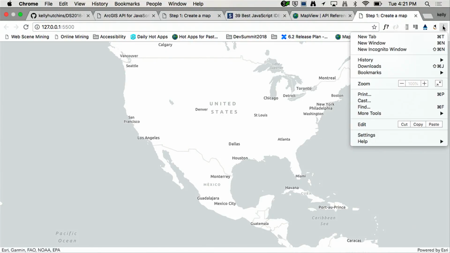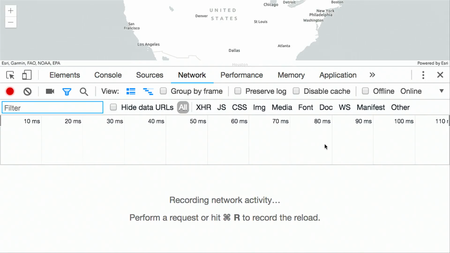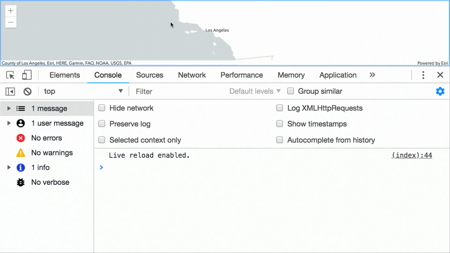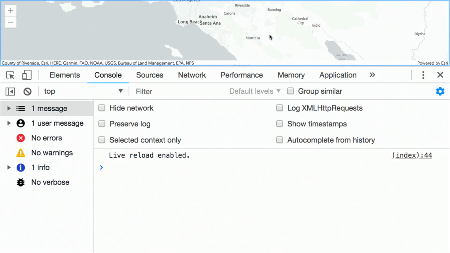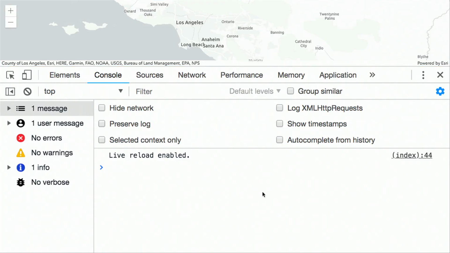I'm going to show one more thing. In this particular app, we've set the view as a global variable. So this is nice to do just for demo or testing purposes, but I also use this all the time when I want to find out the starting center, lat, lon, and zoom level or extent for my application. So maybe I don't know the lat and lon of some street in LA where I want my map to be zoomed into when it starts. So I can set the view as a global variable, and then I can come in here in the console and type